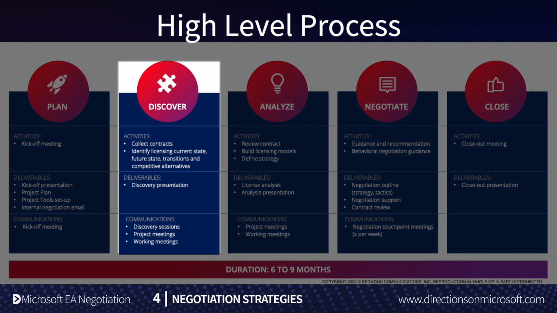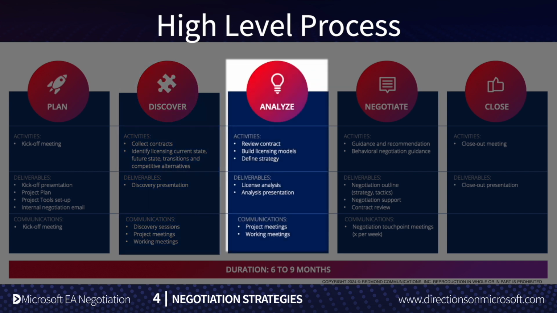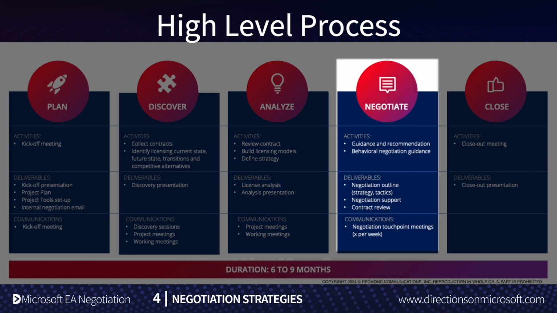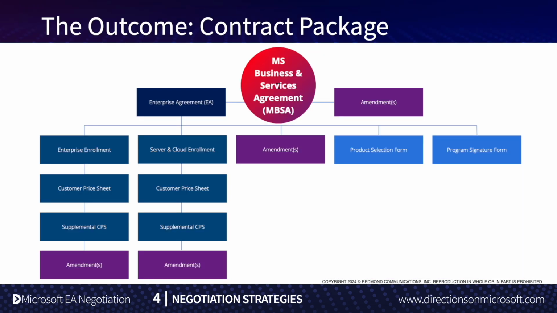One of the phases is discovery, where we collect information and understand the requirements of a customer. Then you analyze some of the information, produce licensing models. The culmination of that is really what you're going to do with Microsoft, which is the negotiation phase. The negotiation phase is where you as a customer request the proposals for the Microsoft licenses that you require and any concessions that'll meet your business or legal requirements. And the outcome of the negotiation is really the final contract package that the customer will move forward with over the next couple of years.